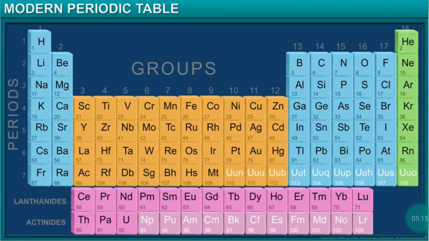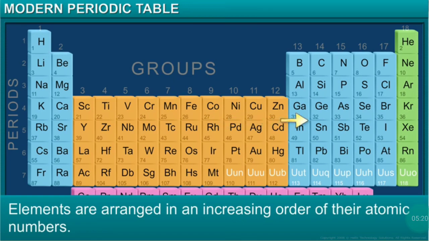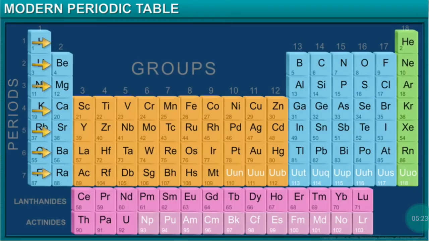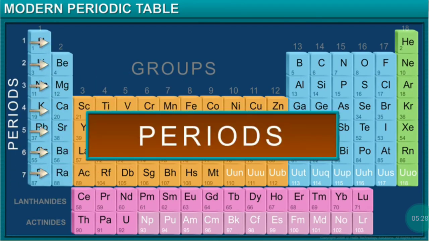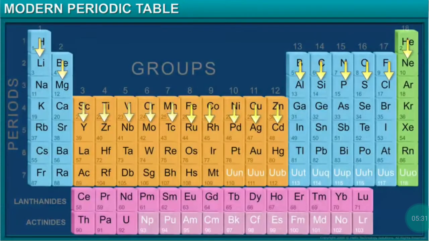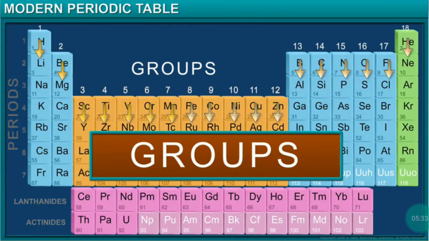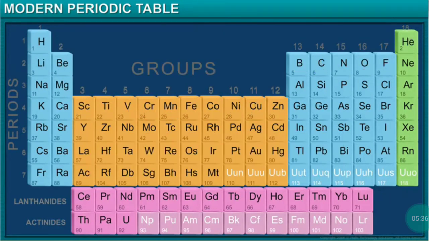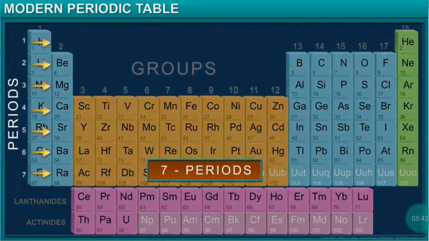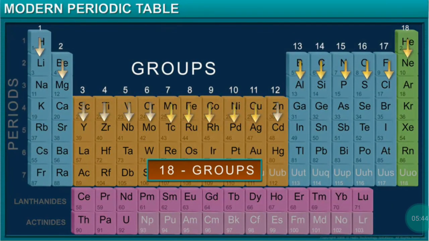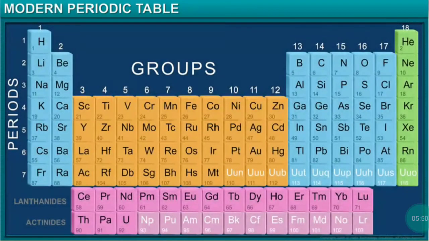Let us examine the features of the modern periodic table. Elements are arranged in increasing order of their atomic numbers. Horizontal rows in the periodic table are called periods, while vertical columns are called groups. There are 7 periods and 18 groups. We can refer to any element in the periodic table with the help of periods and groups. For example,